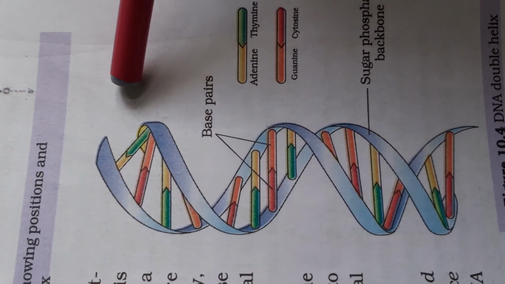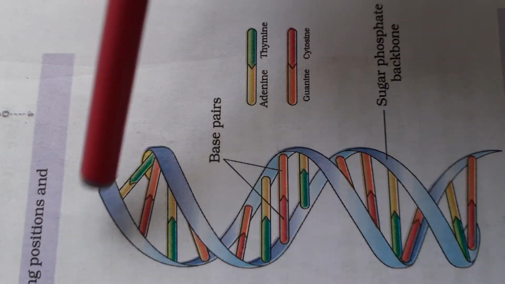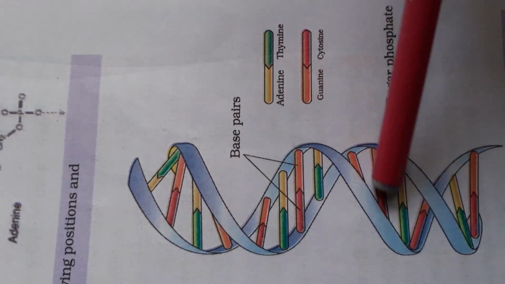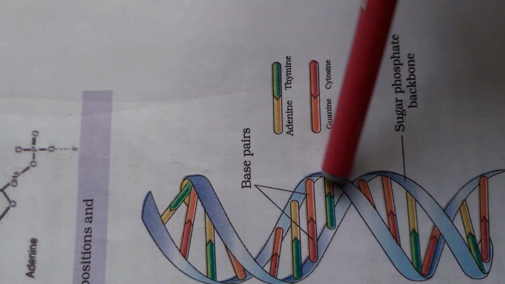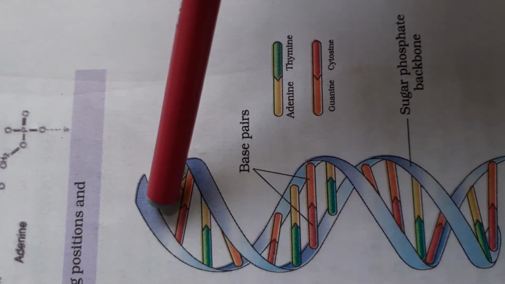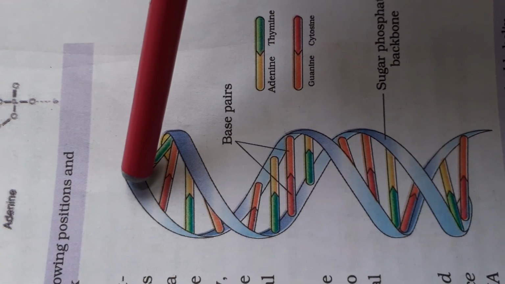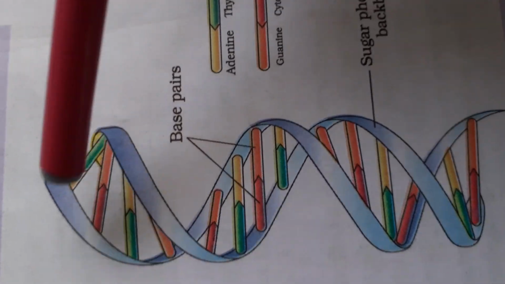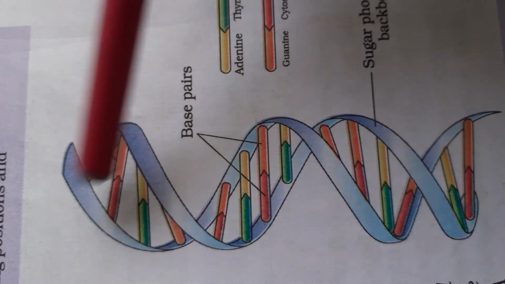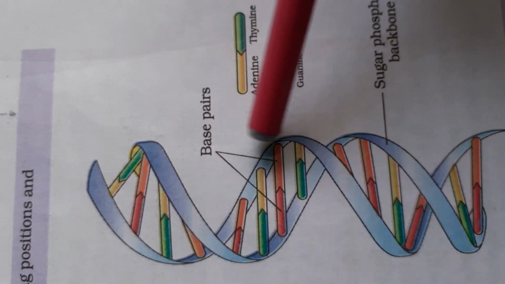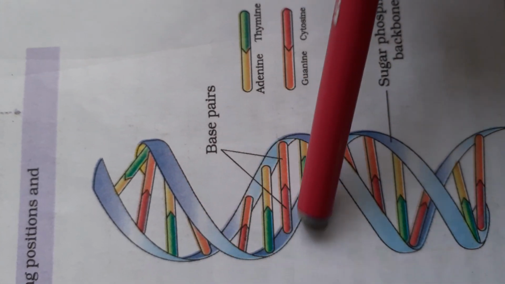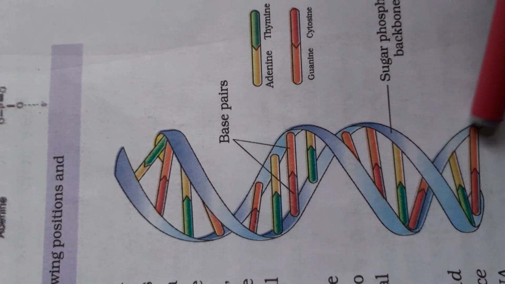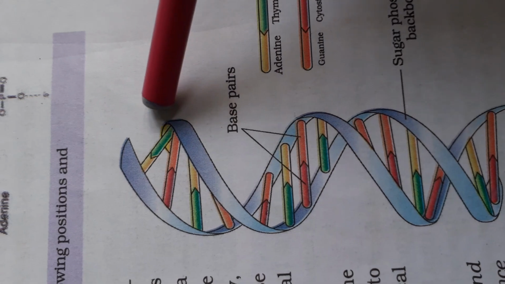Previously, we have seen that the DNA is having two strands. It is double stranded. Each thread-like structure, can you see here? This ribbon or thread-like structure is called a strand. So this is one strand and this is another strand. These two strands are wound together. That means if you flip the two ribbons, how will they coil? In the same manner, they are coiled to each other to form a structure in this manner.